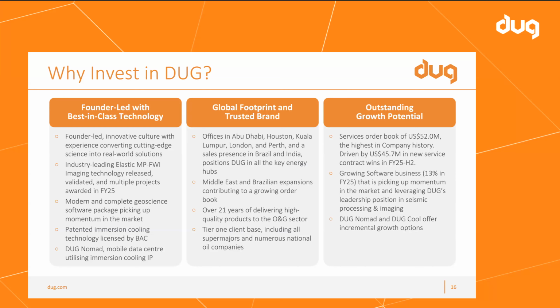On the Elastic question, Lachlan, top of my head guess is that half of those MPFWI project, or half the revenue, not half, is now Elastic. But everybody wants Elastic, but they might not have the budget to do it just yet. So the budget cycle needs to renew. People need to see results, and they need to add more money into the budgets for next year, I think, and we'll see a lot more Elastic come up, even more than what we are now. But everybody wants Elastic. There's very few people who don't want Elastic and don't think it's worth it. They just don't necessarily have it in the budget right at the minute.